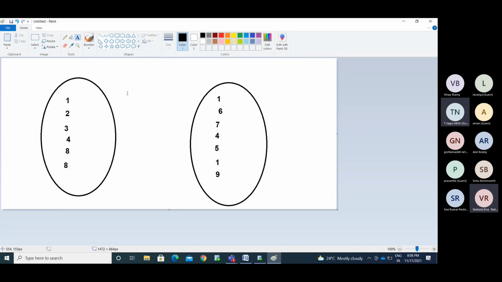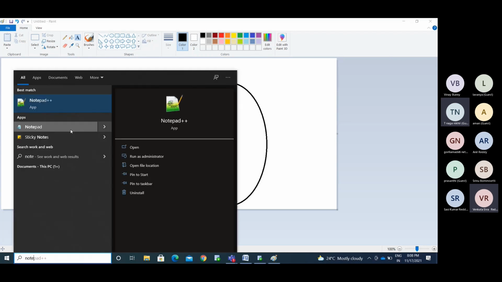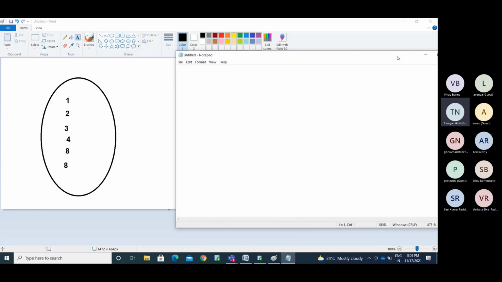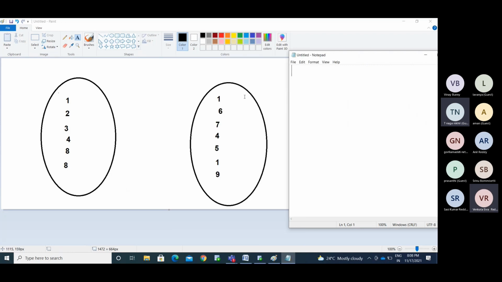If I want to find the common records, I need to use intersect. In mathematics also, we use intersect. Intersect means whatever common values we have in both sets, we get those values.